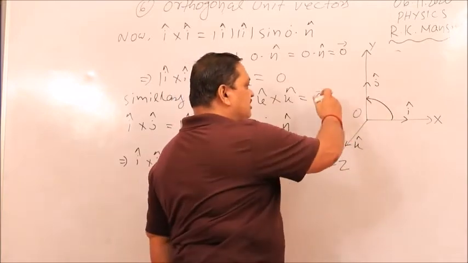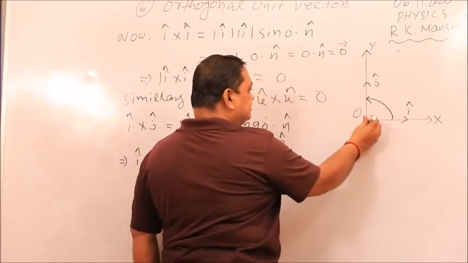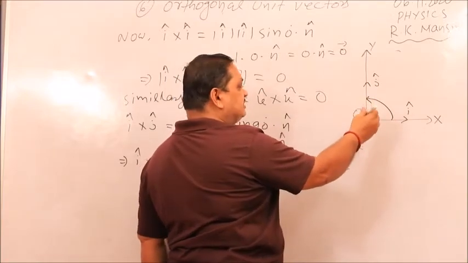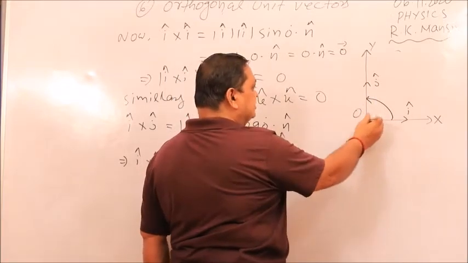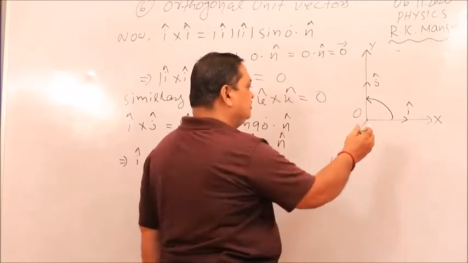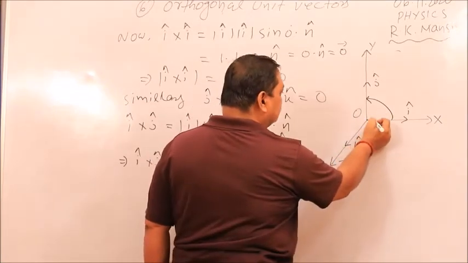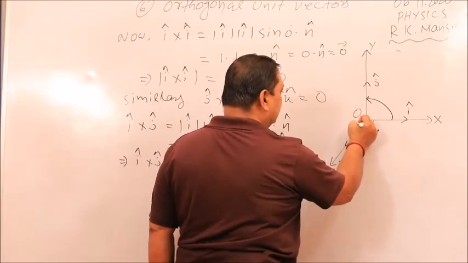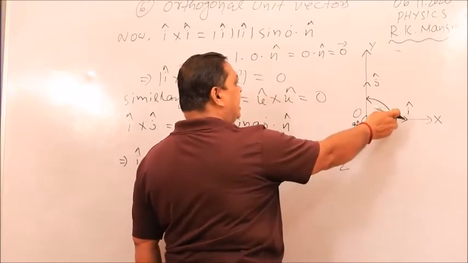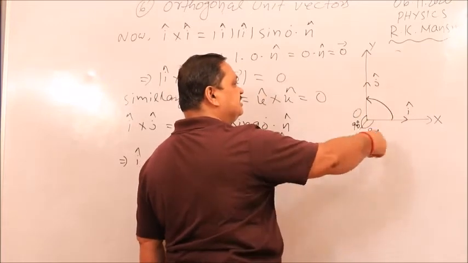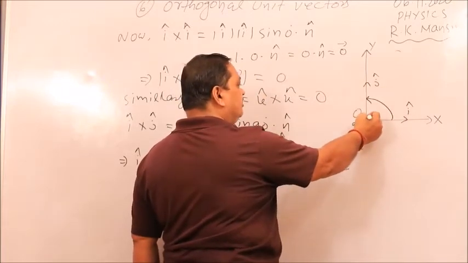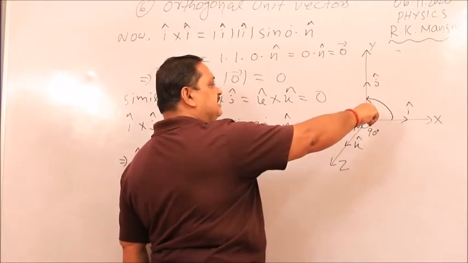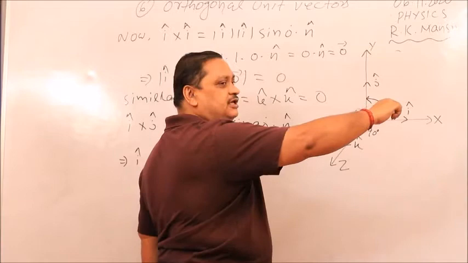that is anti-clockwise direction. Actually the z axis is in this position since it is 3 dimensional, and this z axis we cannot draw in the space. So this is the z axis. Actually this angle is also 90 degrees, this angle is also 90 degrees. So here you see i cap cross j cap means it is in anti-clockwise direction. Here there is a screw, and if we rotate the screw in anti-clockwise direction, it will move outward from the blackboard.